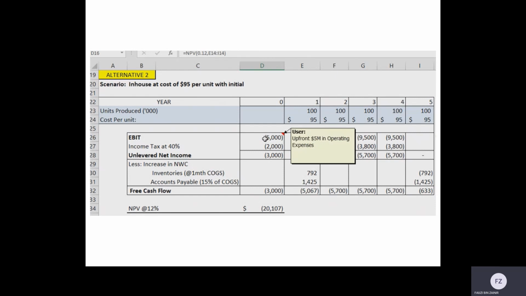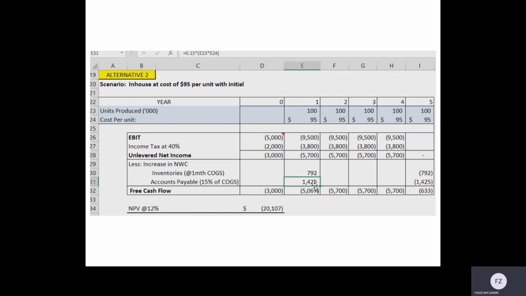Also here we have to take note that for year 0, we have an upfront investment of minus 5 million. The income tax that is levied against it is around 2 million, so you have unlevered income of 2 million here. For the net working capital, the inventories is 12%, as we already figured out. It is 1 month of the cost of goods sold. So this amount here, we divide it by 12, so we have 792. And the accounts payable here is 15% of the cost of goods sold,